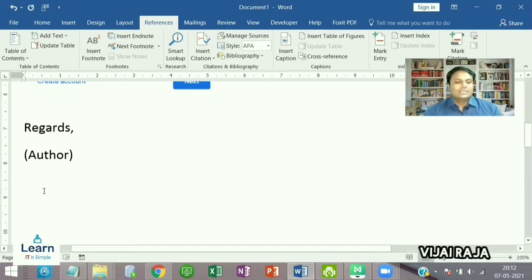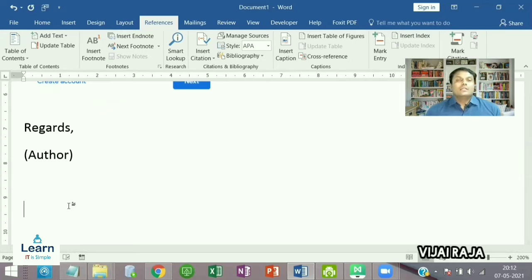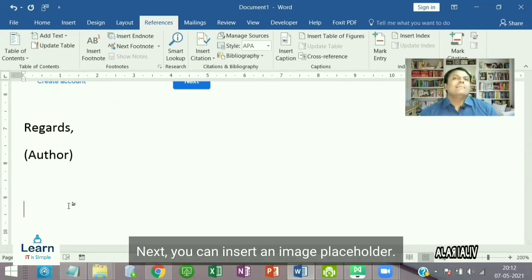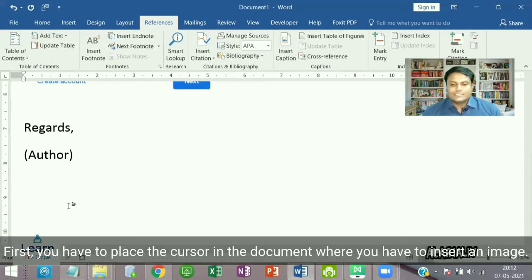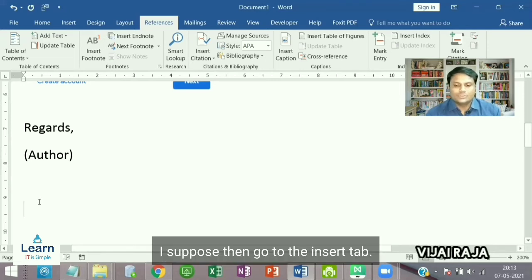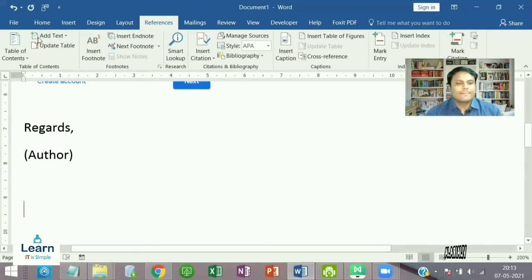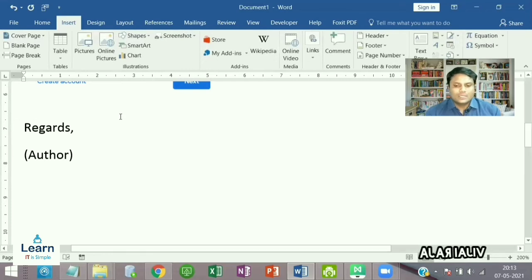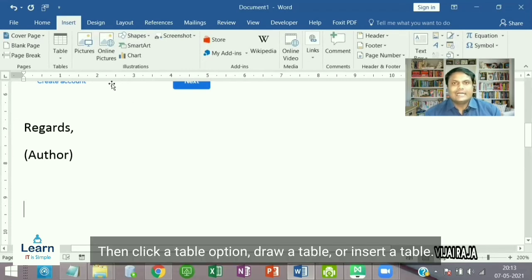Next, you can insert an image placeholder. First, you have to place the cursor in the document where you have to insert an image. If I want to insert the image here, I suppose, then go to Insert tab, then click a table option.